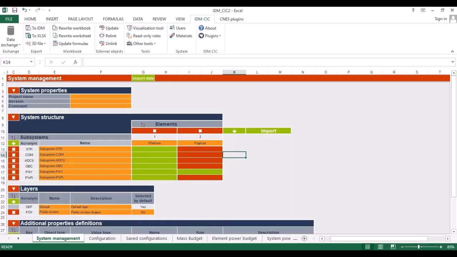IDM-CIC. CIC is just the Centre d'Ingénierie Concurrent, which is the French translation of CDF, which is Concurrent Design Facility. Once you are in this, as you can see, it uses Microsoft Excel as the main user interface for the design of the spacecraft. And it is designed such that